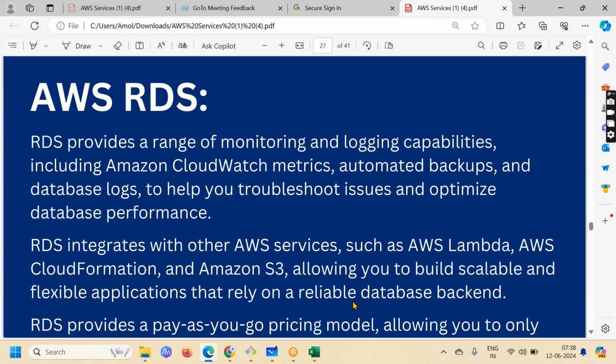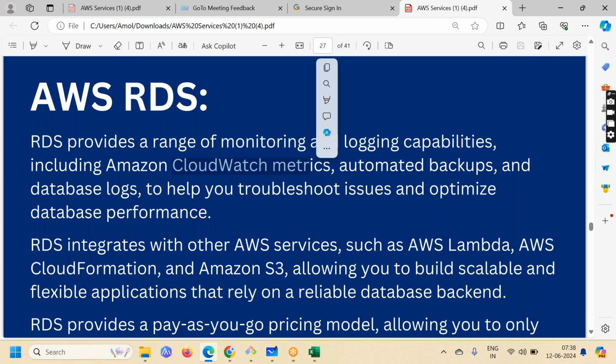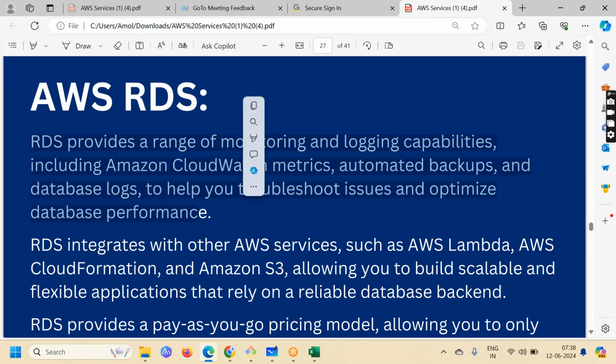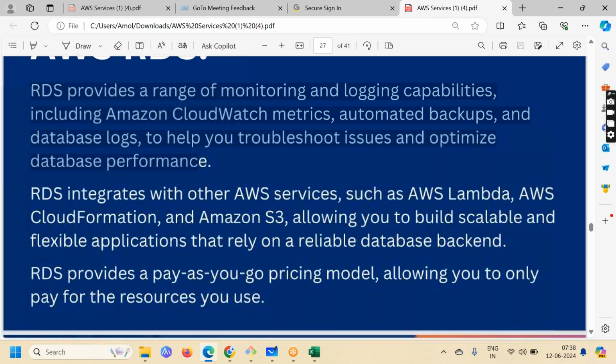So then further, you can monitor it with a lot of capabilities such as CloudWatch. You can take automatic backups. Then you can have the database logs that you can use to troubleshoot, which can help you while troubleshooting. So you get a variety of features when you're creating things with AWS